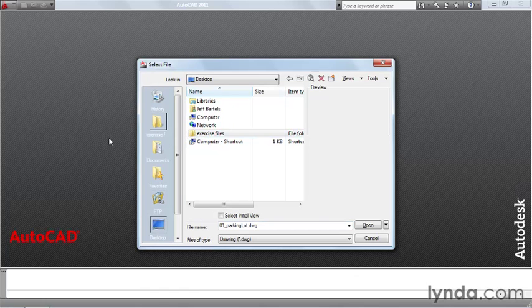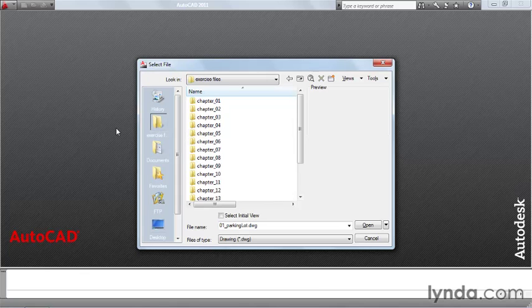Now, the next time I want to open a drawing from this folder, I can click the favorite place, and AutoCAD takes me right into that folder, and I can go about finding my drawing. At any point, if I want to remove this folder from the list, I can right-click on it and select Remove from the menu. For now, I'm going to leave the folder here because it'll be very handy as we